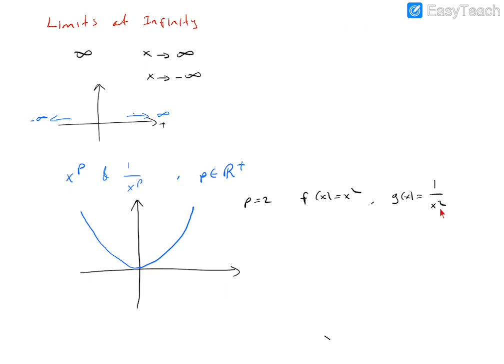For the 1 over x square function, the graph of 1 over x square, like that one, let's use a different color, like this one. Okay, they intersect when x equals 1. At this point, x is 1, and the y value is also 1. The red one is g of x equals 1 over x square. The blue curve is f of x equals x square.